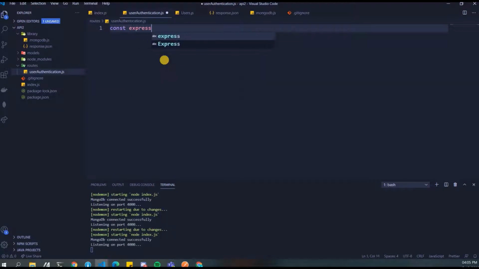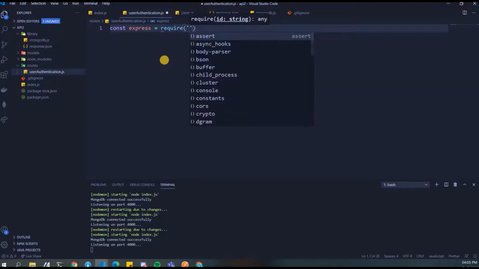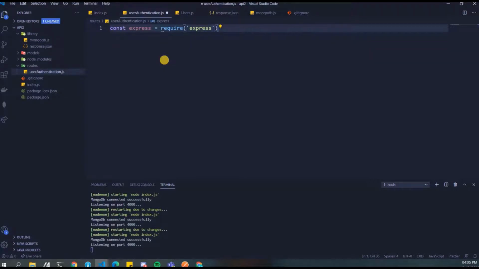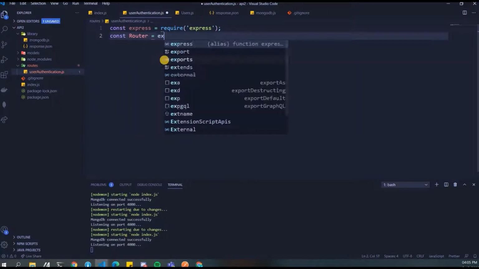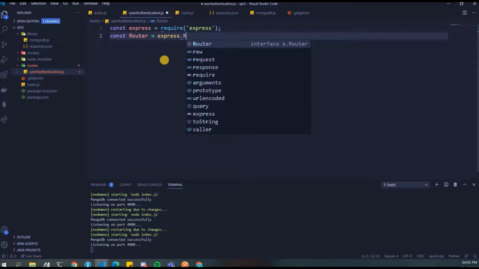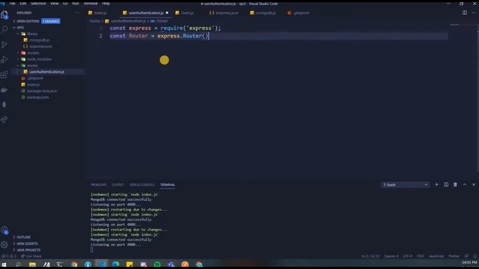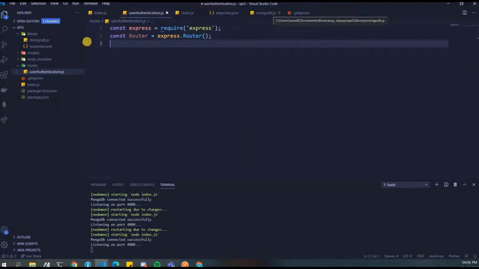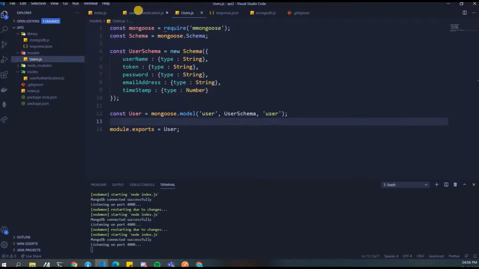Everywhere you write your APIs, you need Express to be there. And since we talked about using router, we'll import router as well, which is basically a function of Express. So we'll write express.Router, and we have these two things. But how are we going to connect the models that we have here to this?